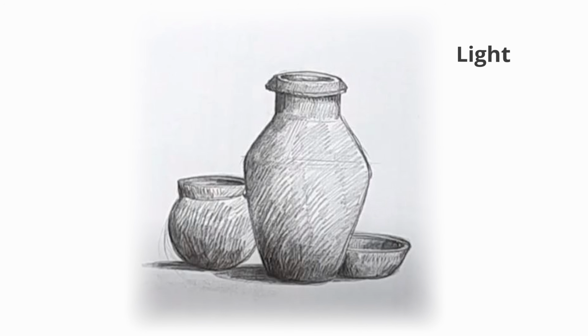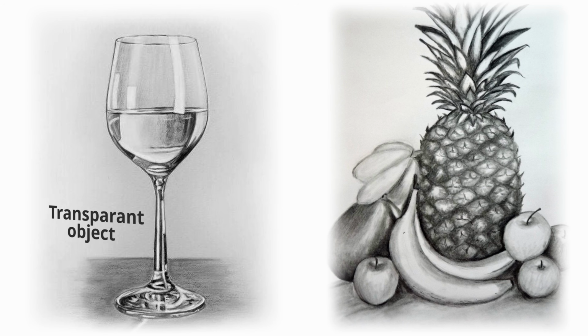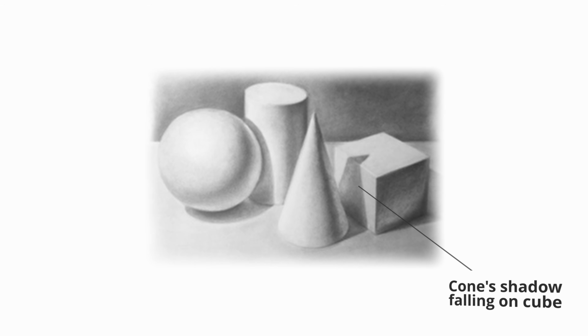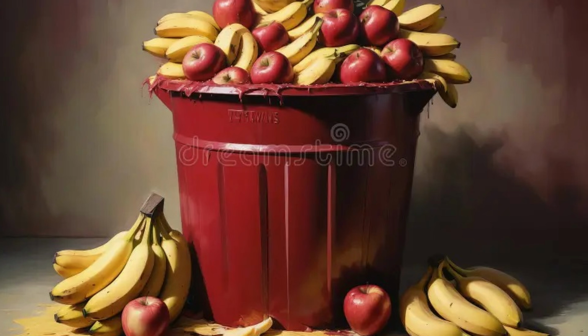However, for a still life, you'll need to remember 3 additional things. The first thing is that the texture and opacity of an object might have a different impact on the way that you need to sketch it. Second is that the shadow of one object might fall on the other object. And third, that the proportion of 2 different objects should make sense. If you are drawing a dustbin and a banana, you need to make sure that the banana is smaller than the dustbin. So it's better if you practice some of these drawings before you attend the aptitude test.